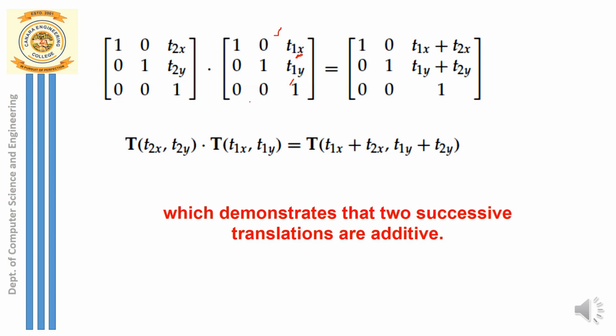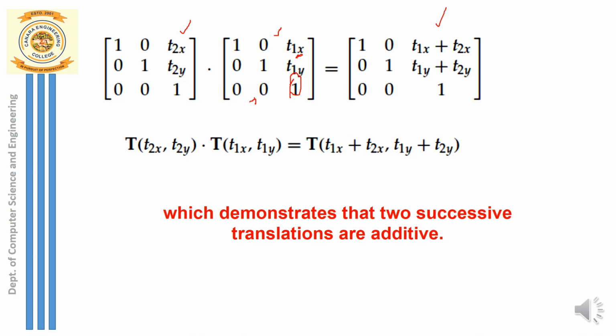You can see in this third row the last z value is equal to 1. So what is this representing? Homogeneous coordinates, or translation along z. Since it is 2D, the third row is 0, 0, 1. Next I have translation T2, which you are applying over the point. Again the matrix format is given to you. So when I multiply these two matrices, I get this resultant matrix.